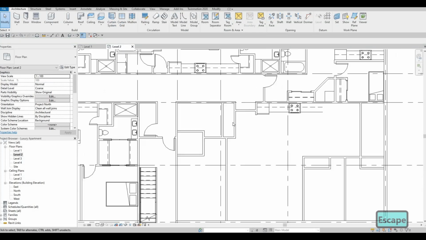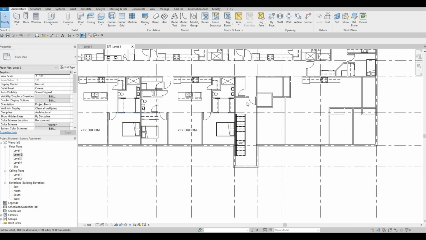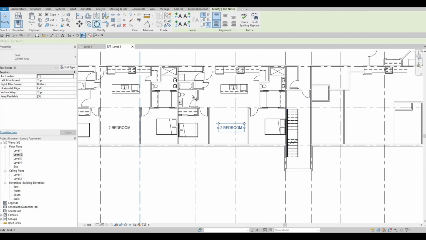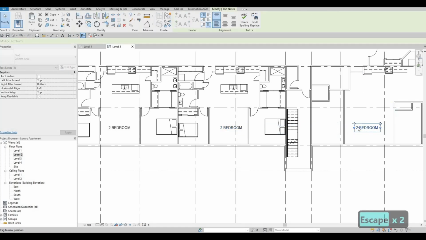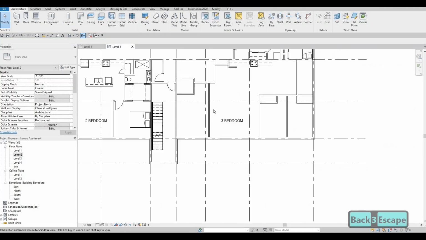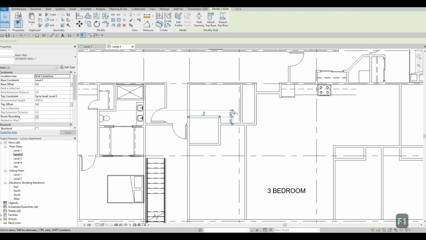There we go. And then here, just copy this. We could put 3-bedroom. So now let's select this. I want to reference this one,